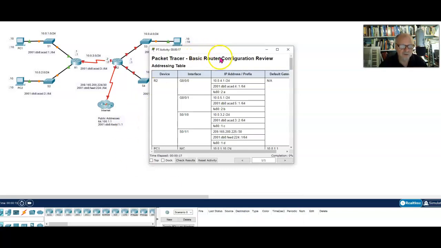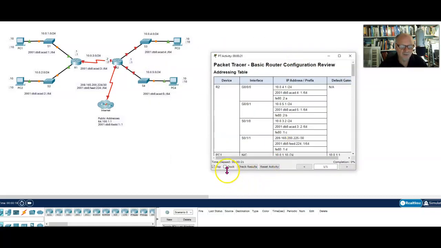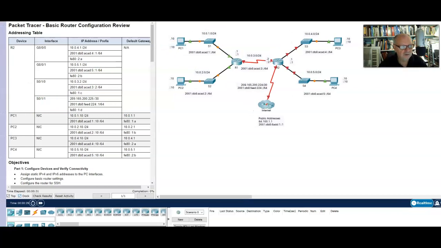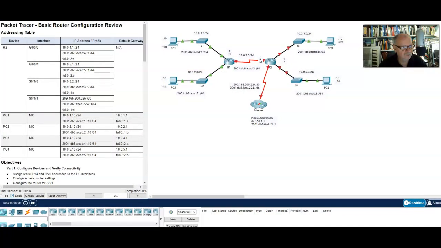For the instructions, I'm going to click top, and that will keep this up on top. Or I can also click dock if I want to, and dock it over here on the side. So here are the instructions. You see down here this completion percentage. Right now it says 0% complete. This is about the PKA file. It will score automatically as I go through the various activities in this set of instructions.